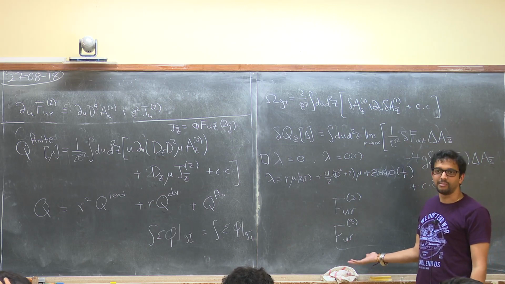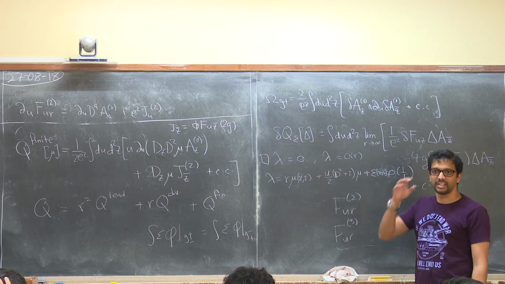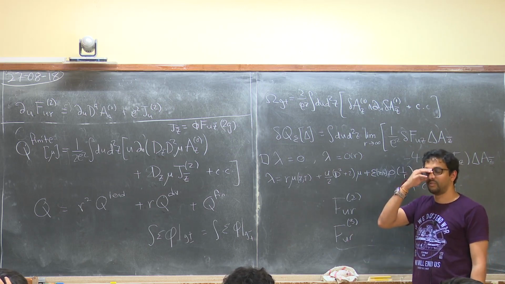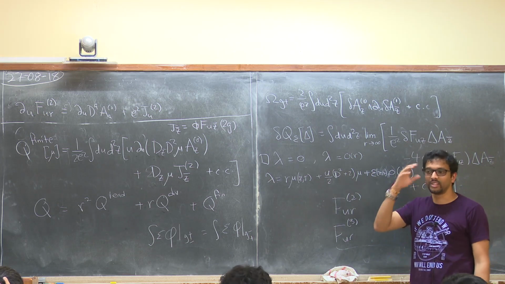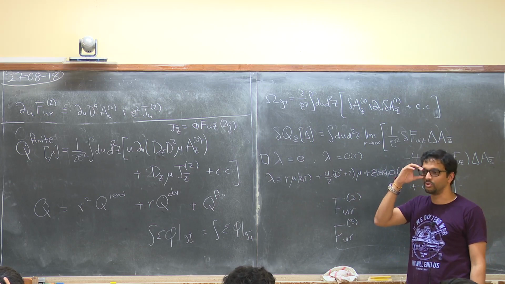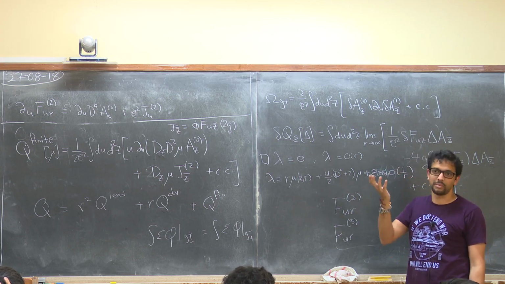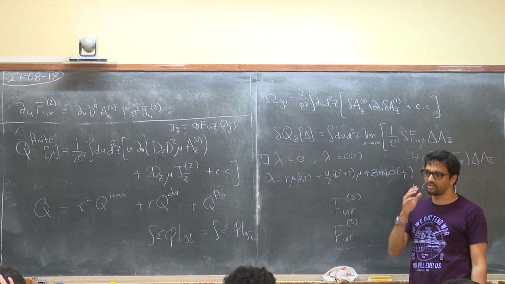And you can't match anything below that. FUR4 doesn't get matched. Well, I don't have any analytic way of proving it, but I'm working backwards. I'm presuming that there is some proof which you can use to show that FUR4 does not get matched. Therefore, there is no subleading soft theorem.